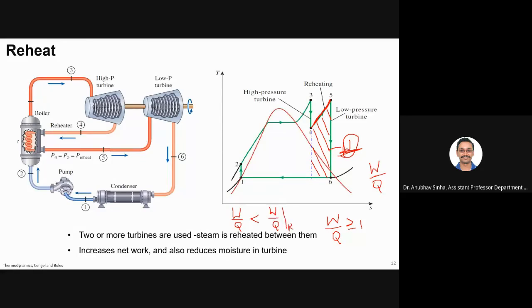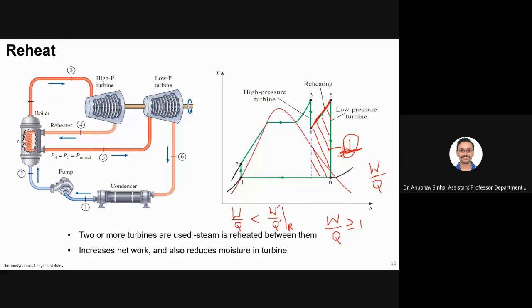That's all I'm saying. Yeah, it means net work done by net heat supplied will increase if we double it. So if we repeat both, let us say W dash and Q dash, both W and heat are changing, but the ratio is higher than this ratio. Yeah, okay, sir. Okay, fine.